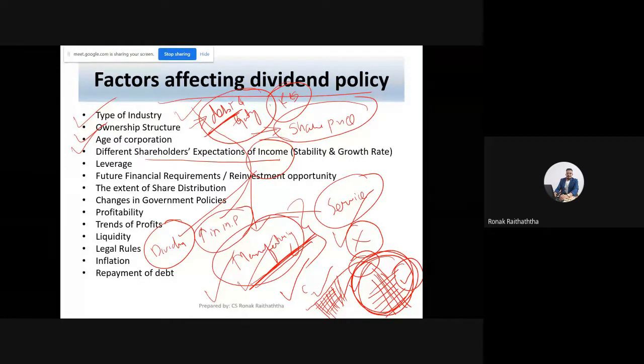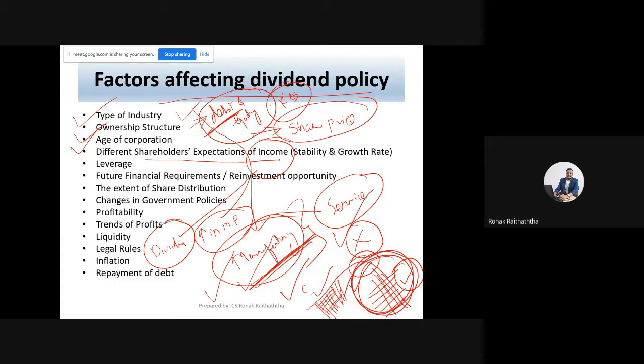If you do not distribute the dividend, that money will be kept by the company. And if that money is kept by the company, that means the company will have more reserves and surpluses. If the company has more reserves and surplus, then the book value of the company's share will increase. And if the book value of a share increases, then investors will see that, so accordingly there may be a higher demand in the market for those particular shares.